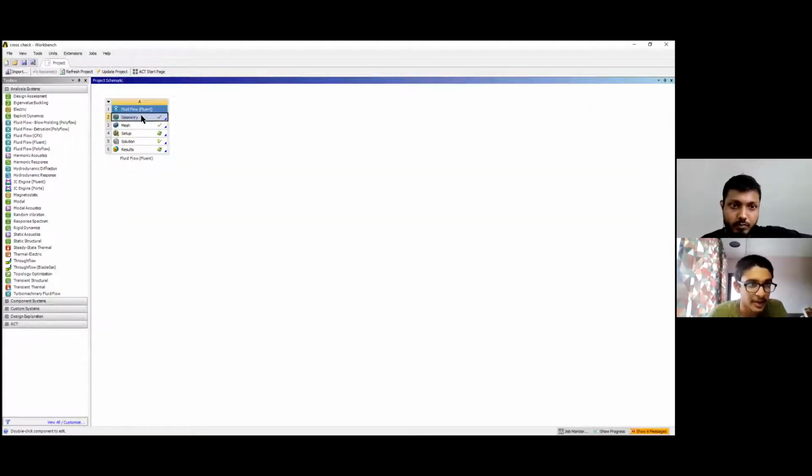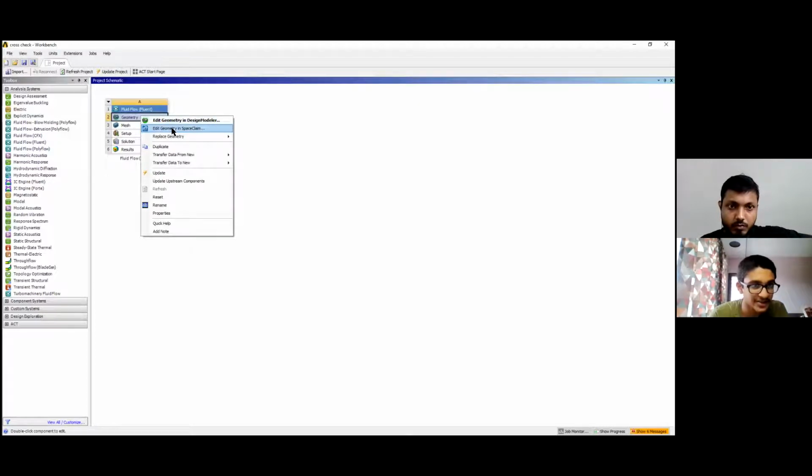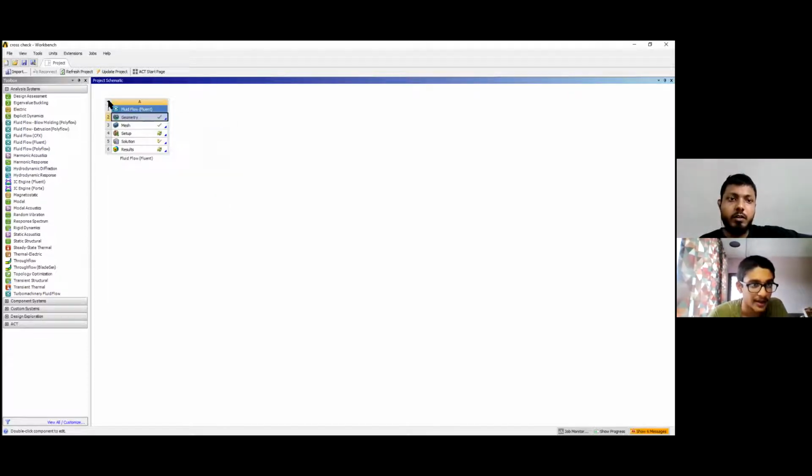Just make sure you duplicate this. Wait, you right click on this complete analysis, the drop down option beside A, where the A is written on the top of this Fluid Flow Fluent. Okay. And can you duplicate this? Yes, duplicate this.